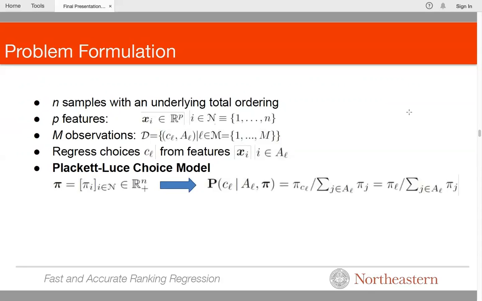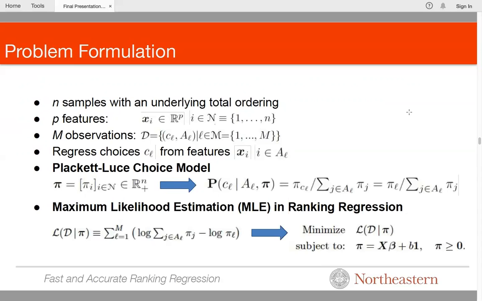So keeping this in mind, right now we will focus on the maximal choice setting. Maximum likelihood estimation in ranking regression boils down to minimizing this negative log likelihood under the Plackett-Luce model. We look into two parameterizations of the Plackett-Luce scores. First is the affine parameterization, where beta and B are the model parameters, and the other one is logistic. Due to time constraints, I will focus on only the affine setting. Also note that this problem is not convex because the negative log likelihood phi is not convex.